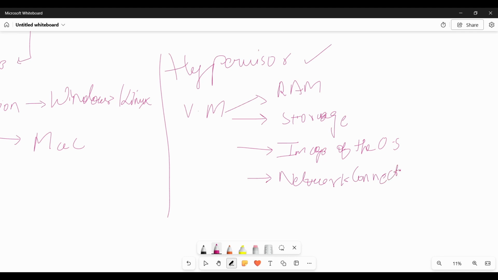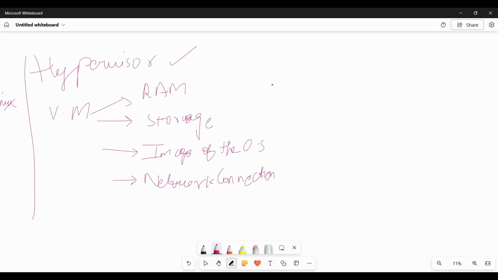These are the basic things required by the virtual machine to get launched in the hypervisor. Even in a bare metal installation, these are the minimum requirements. We will see how to allocate RAM and storage while configuring the machine, and also the network connection, in coming